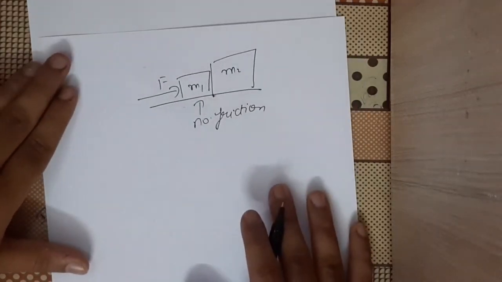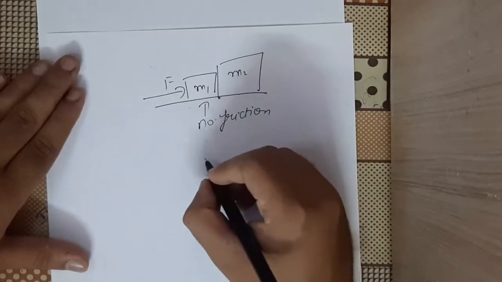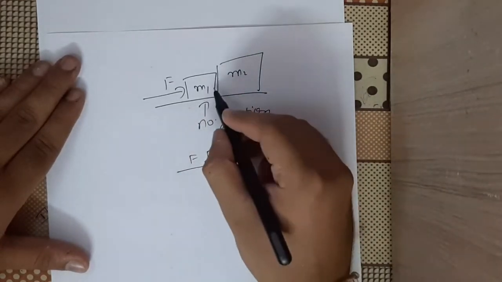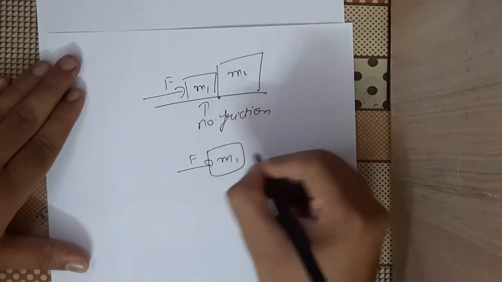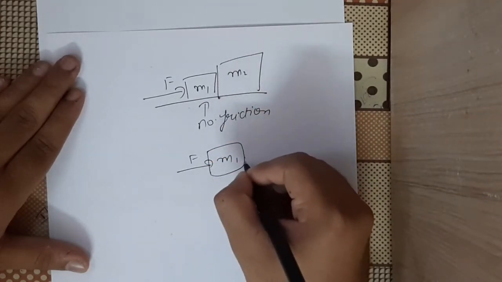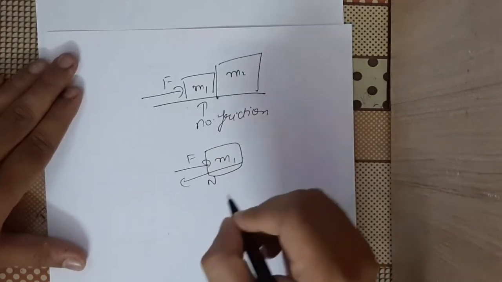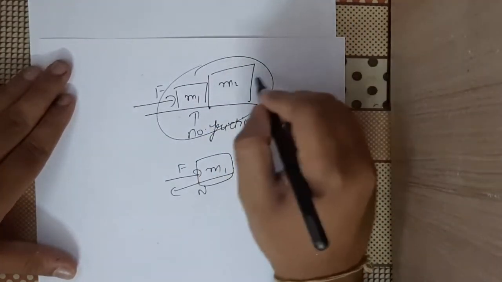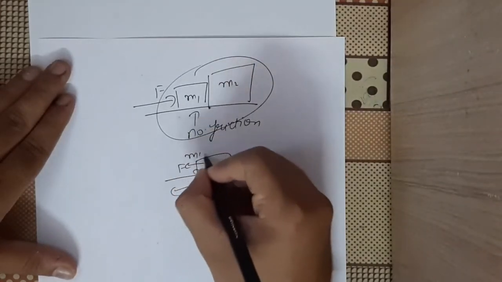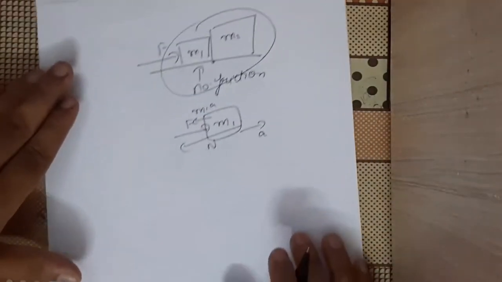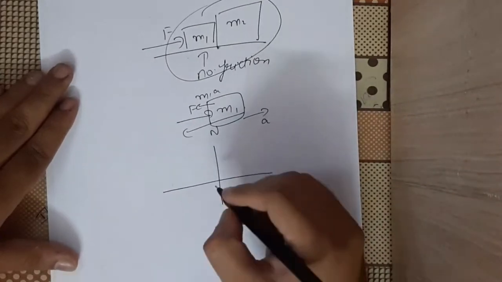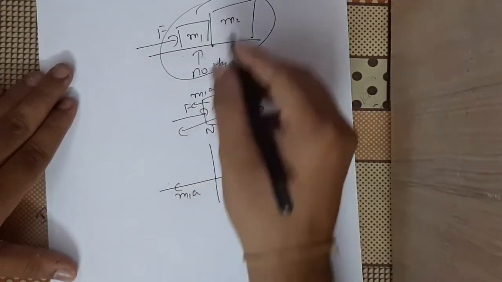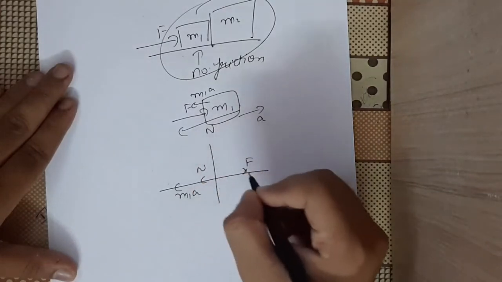So first of all we can draw the FBD. For m1 we can say that there is a force F here, and because m1 and m2 are connected to each other, there will be a normal force on this surface which will be pushing m1. Let us assume that because force is there, acceleration will also be in this direction. So let us also assume that there is some m1a here, because we are assuming acceleration a to be here. So for m1 the FBD will look something like F here, then m1a force here, then this normal here. These are the forces.